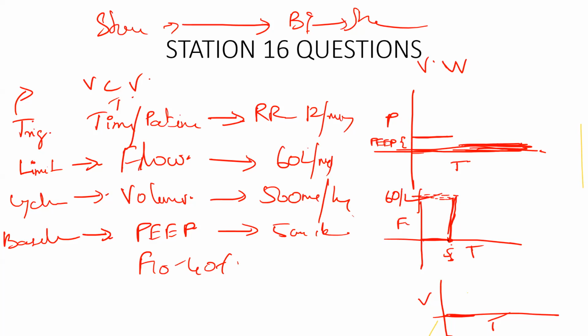So this is the flow, and the flow will reach it very, very rapidly. And it will reach the maximum set limit. After reaching 60 liters, since you have set a flow limit of 60 liters per minute, it will maintain a constant level at 60. So this is called the limit. This is the trigger. Unmute and tell me if you're able to follow me so far. Yes, sir. So 5 seconds is reached and the ventilator is triggered. In volume control ventilation, it rapidly increases the flow to 60 liters, limits at 60 liters, and maintains that flow continuously at 60 liters per minute. Is that clear? Yes, sir.